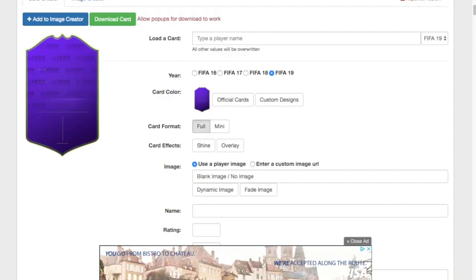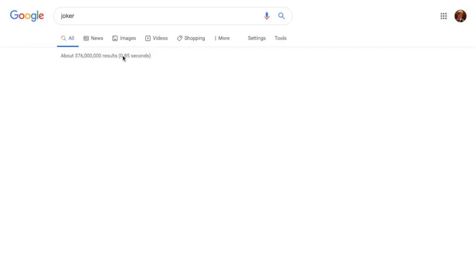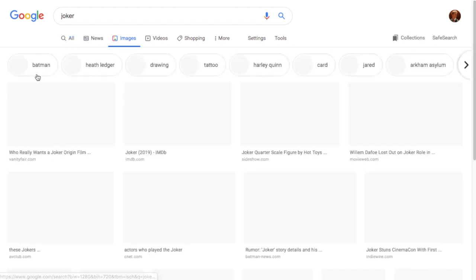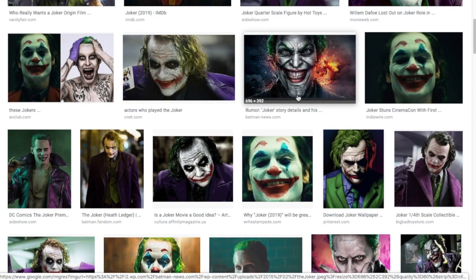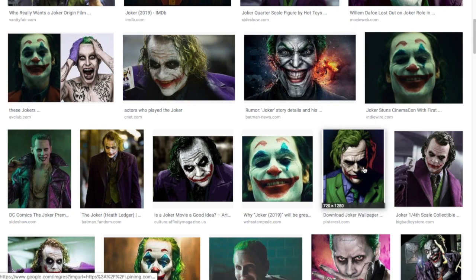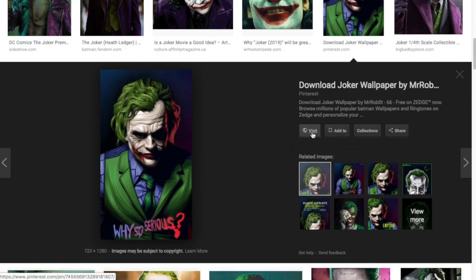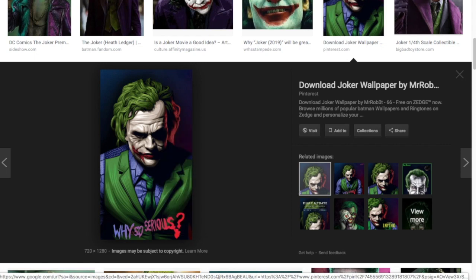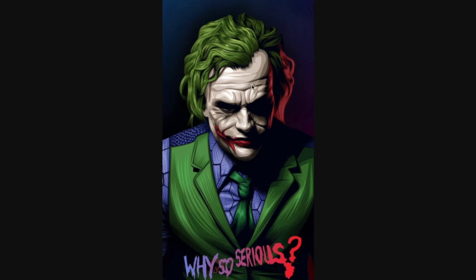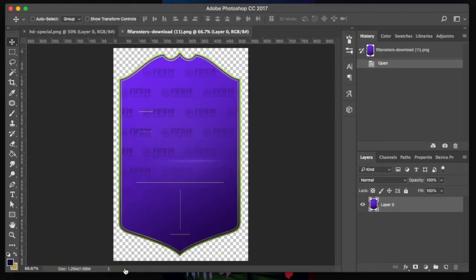Joker from Batman colors. So let's just say I want to do Joker. You can look this up on Google. I'll find some, I don't know. That's kind of cool. So let's do, can I open the image in new tab? Yep. All right, cool. And so I'm actually just going to copy this and bring it into Photoshop, and we'll